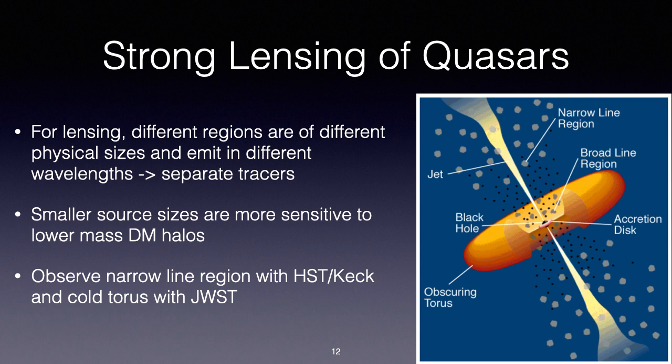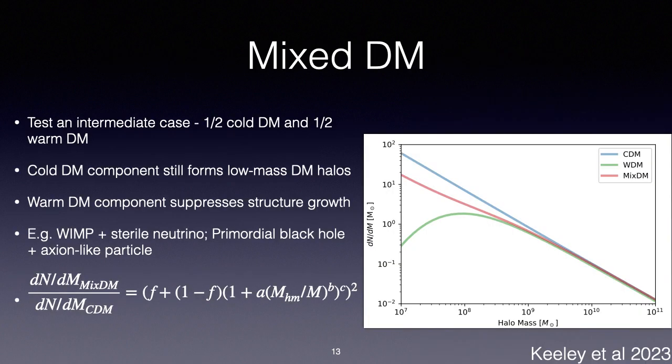So now we ask, can we constrain arbitrary halo mass functions, as in beyond either CDM or warm dark matter? To be concrete about this, I'm introducing the mixed dark matter model. I'm asking the question, can we use strong gravitational lenses to tell the difference between a half warm and half cold case, and tell the difference between that and either a full warm dark matter or a full cold